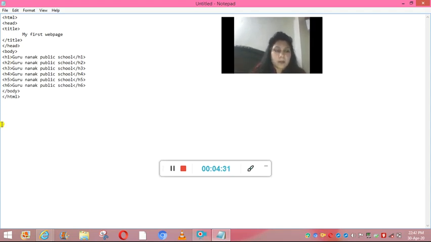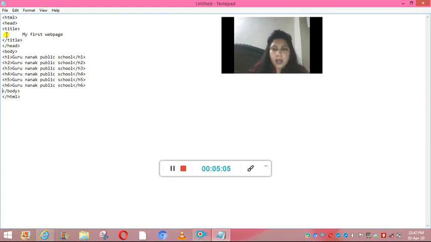In this you have to just remember that first you have to start with the HTML tag, then write the head tag. After that you write the title under the head tag. Then you give the title of the web page. Then title will be closed, then head will be closed. Then you will start with the body tag. Inside the body tag you can use all the tags which are used for making web pages or internet pages attractive. Then you will close the body tag, and at the last you have to close the HTML tag.